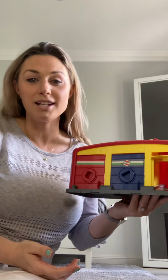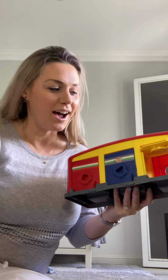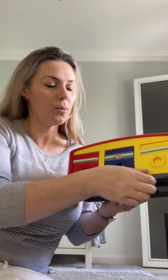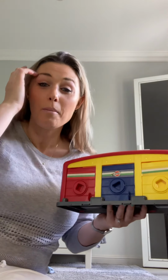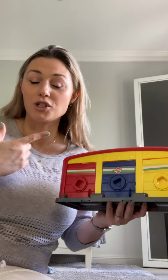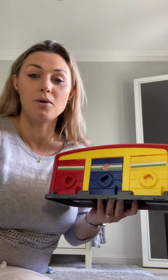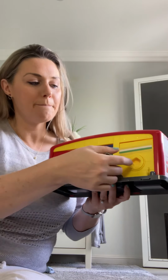So what we do with this is we're using the words, we're going to say open and closed. We can also do words like driving, inside. We can do where? Oh, where is it? So what I'll do with children first, as always, is I'll model the activity using the words. So modeling or repeating and showing the action is a strategy that speech pathologists use because we know it works. So I'm going to use the words inside, open,